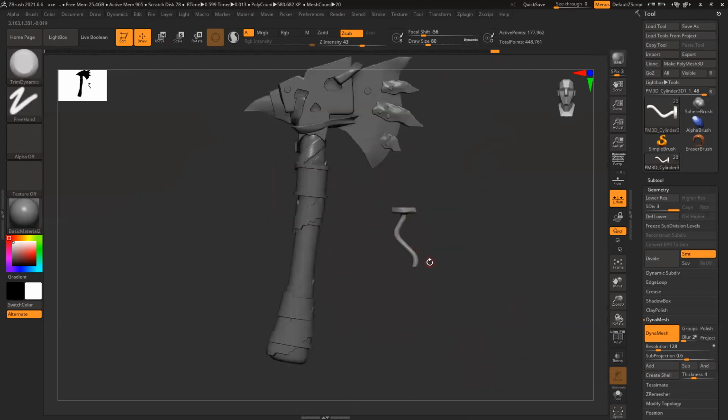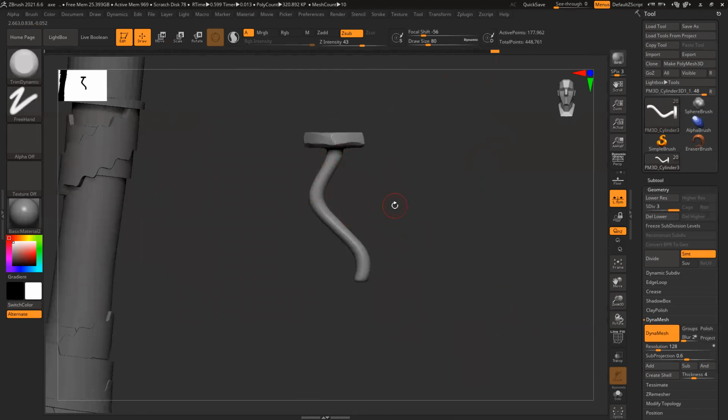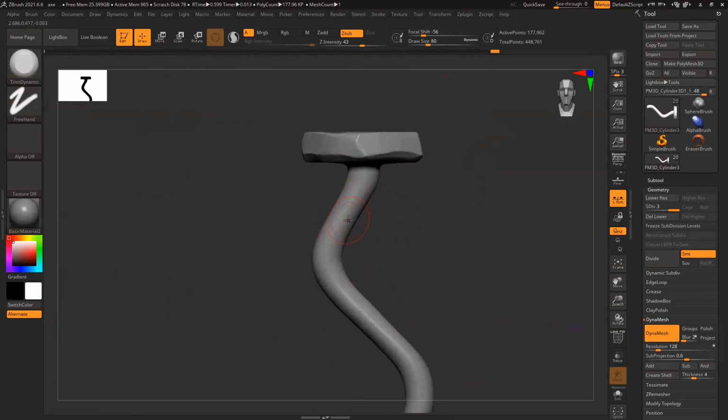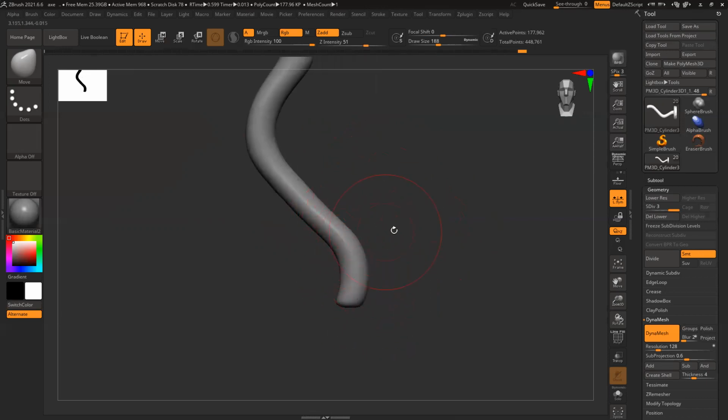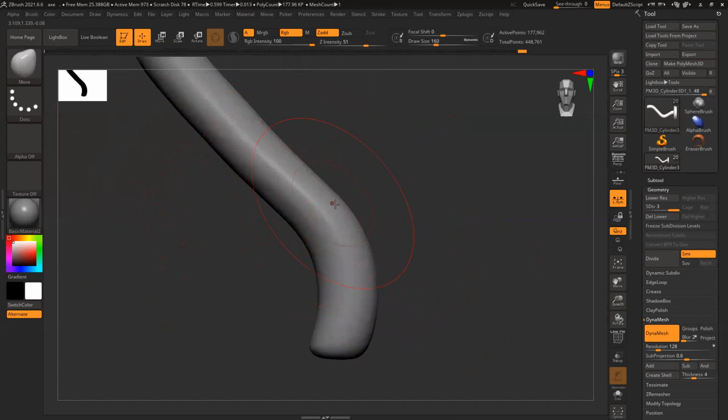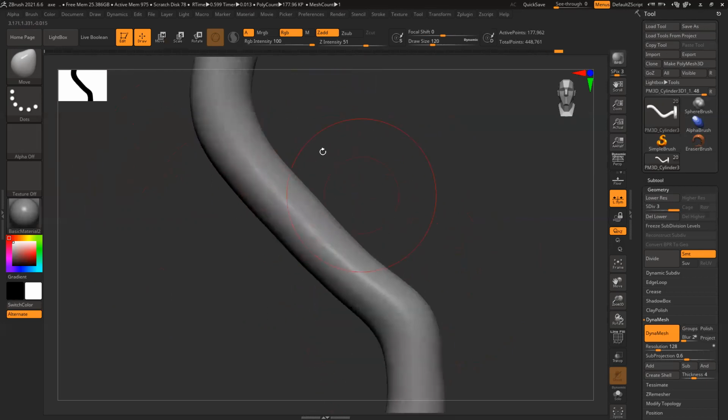So this one nail is almost ready, and I feel this angle I have to fix. So it's a little angular.